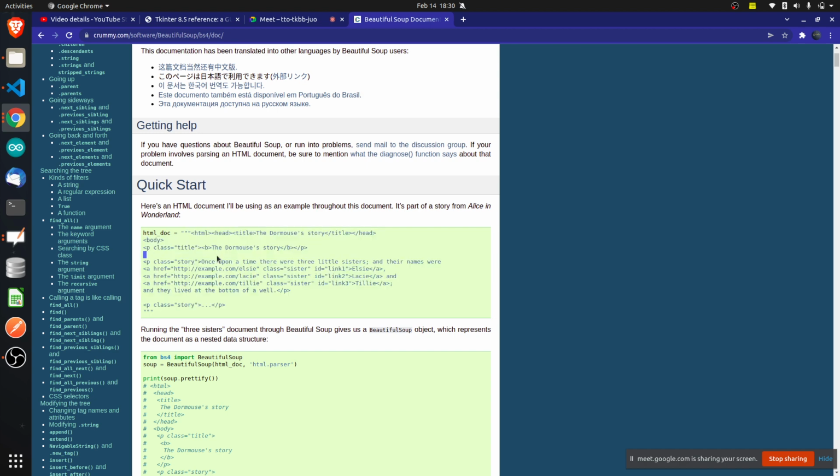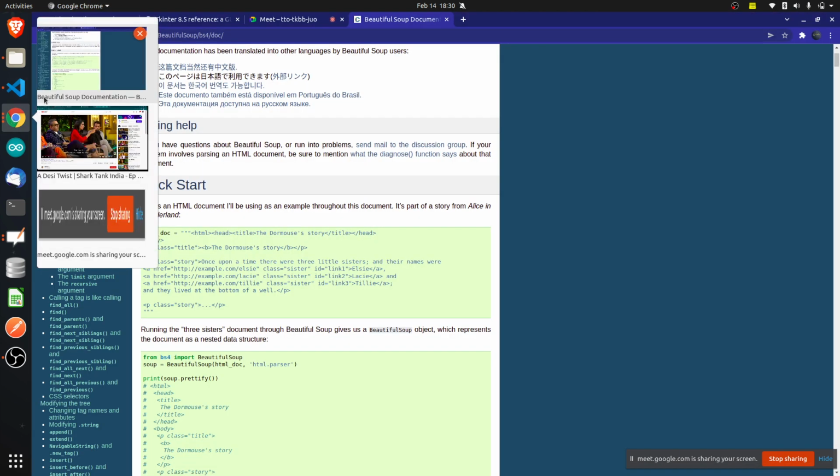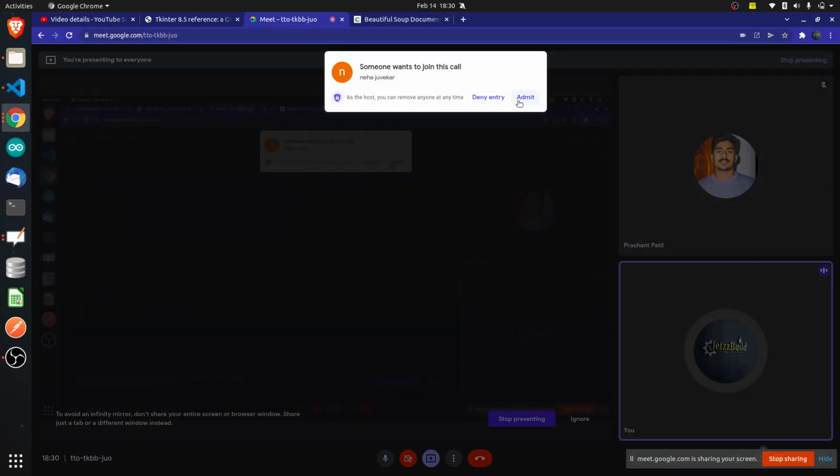It is all about tags. HTML is all about tags. If you want a text, you will use the h1 tag. If you want a paragraph, you will use a p tag. If you want an image, you will use the image tag. If you want maybe a head navigation bar, you will use the nav tag. If you want a footer, you will use the footer tag. If you want video, you can use the video tag. So all these different types of tags are what I used here to create this front end.